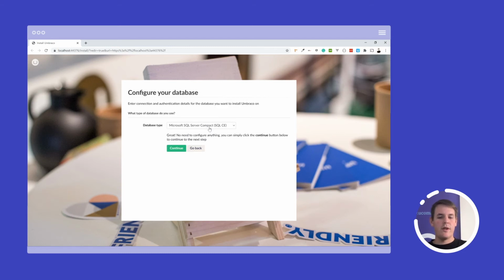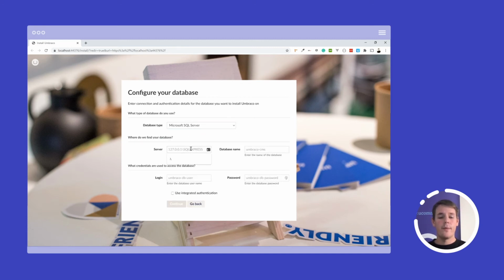And this is now where it becomes important. Instead of just using SQL Compact Edition, I will have to configure SQL Server.